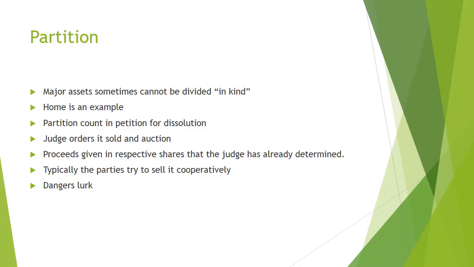The court must find the parties jointly own the property, that their interests will be as tenants in common upon the granting of the divorce, and that the property is not susceptible to a physical division. The judge then orders the house be sold at public auction, and the proceeds, after paying all expenses, then are divided according to what the court's finding was as to their respective interests of the parties.